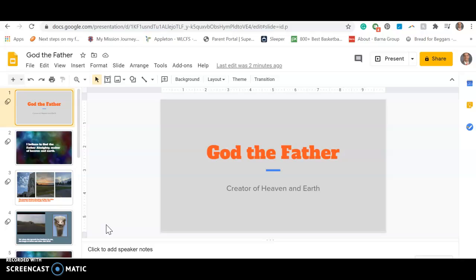The project is a Google Slides presentation on the first article. Bringing home soon, the students won't be presenting the presentation, but instead they'll just be making the slide presentation on Google Slides. I want to go through the project with you so that you can have an idea of what my expectations